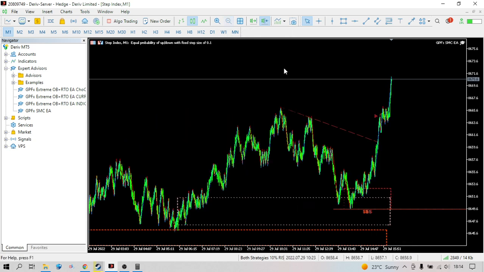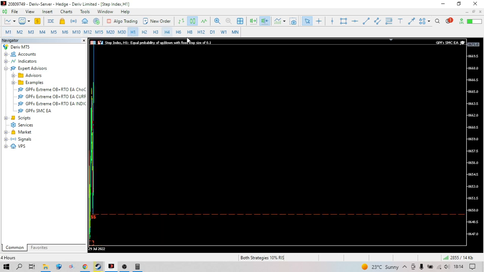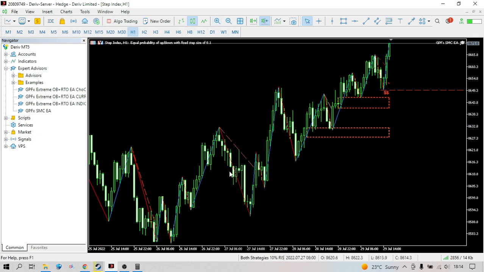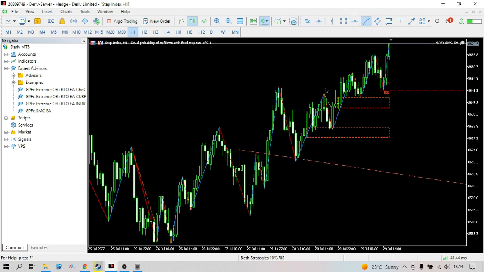And then when price breaks below this low here into this one here, that will be a run down the liquidity into an order block and then buy. That is how the market moves. The market always hunts stop losses. It runs down liquidity. You see, this is just an example. Liquidity here,